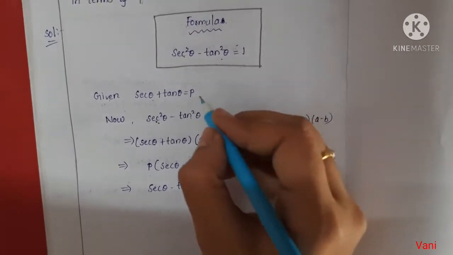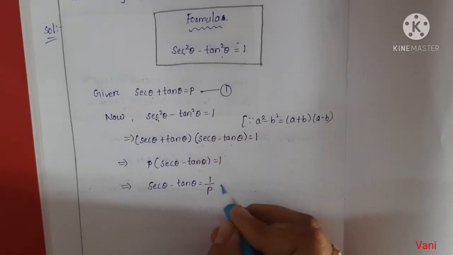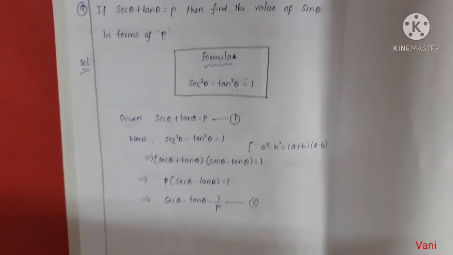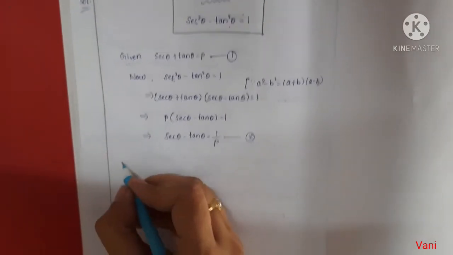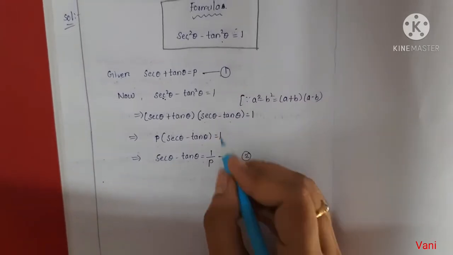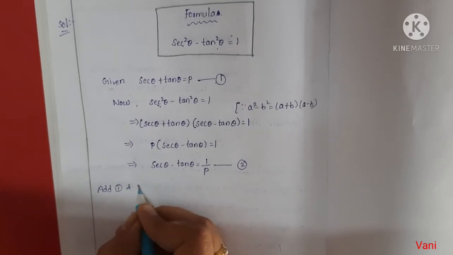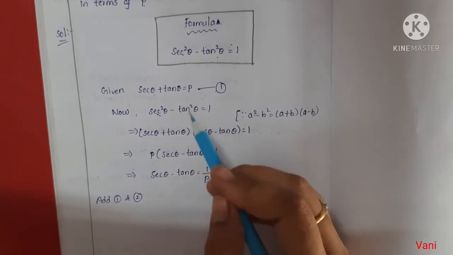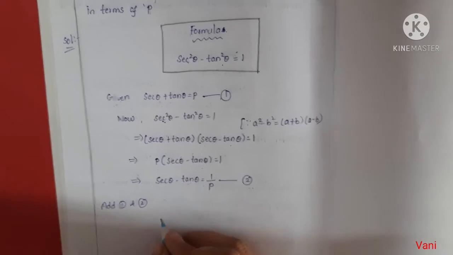In the given condition, consider this one as equation 1. Now we got one more condition; consider this one as equation 2. So in total we now have two equations. Solve those two equations. First add these two equations, 1 and 2. Adding equations means add LHS plus LHS, RHS plus RHS. So add those two conditions.